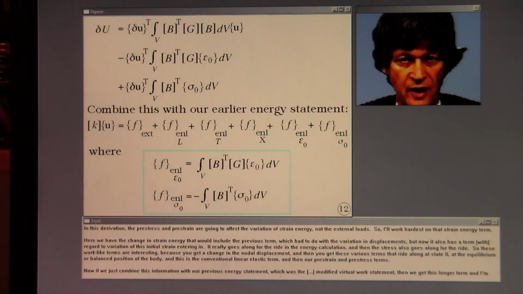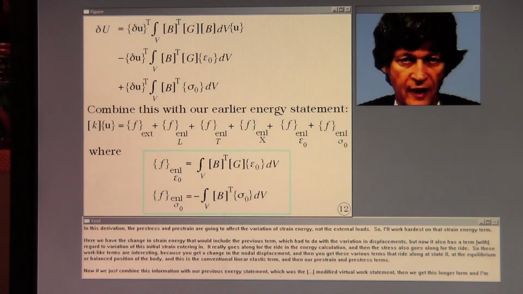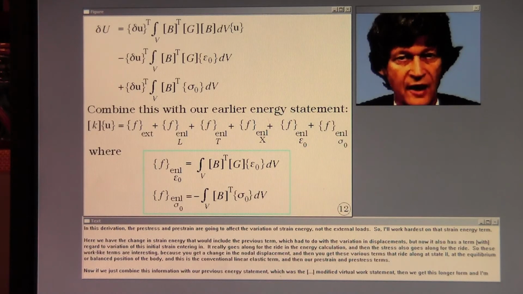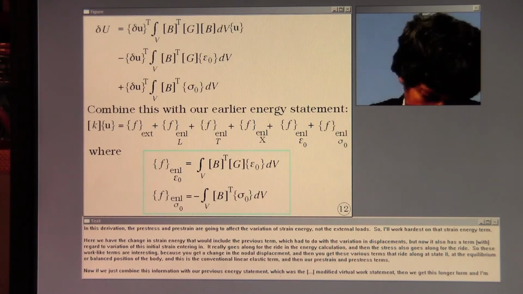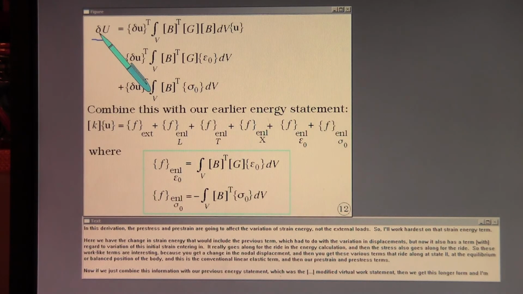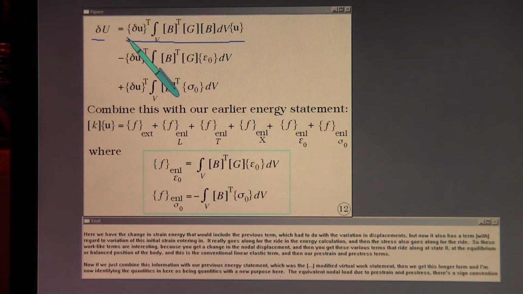In this derivation, the pre-stress and pre-strain are going to affect the variation of strain energy, not the external loads. So I'll work hardest on that strain energy term. Here we have the change in strain energy that would include the previous term, which had to do with the variation in displacements, but now it also has a term with regard to variation of this initial strain entering in. It really goes along for the ride in the energy calculation, and then the stress also goes along for the